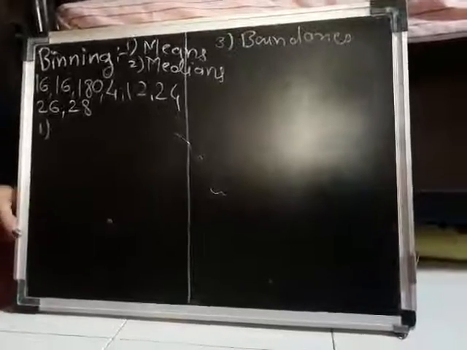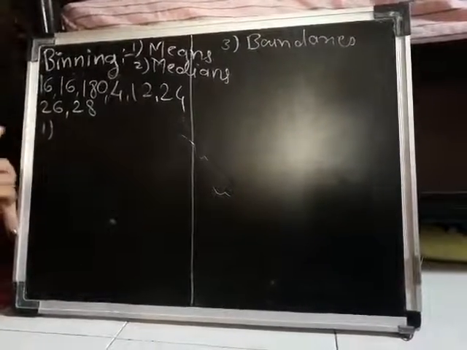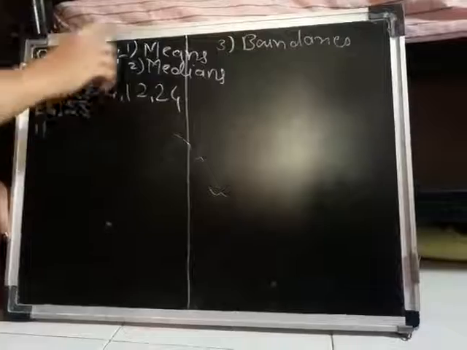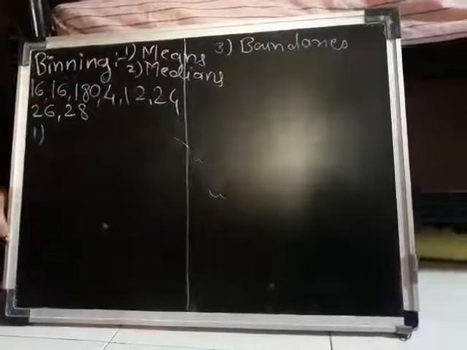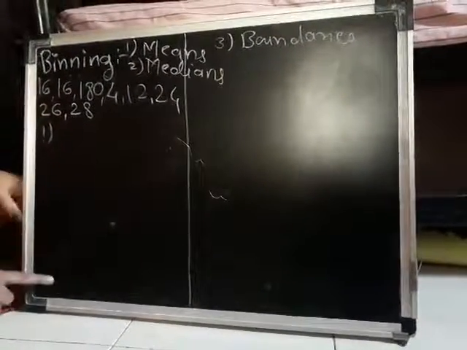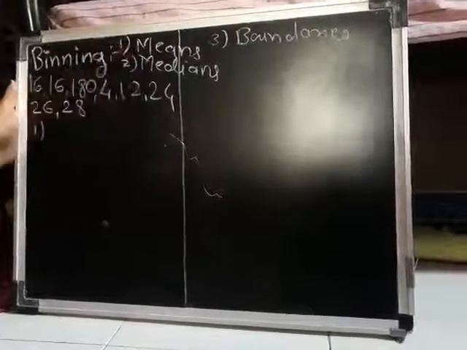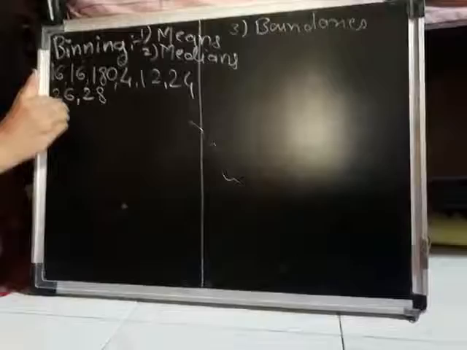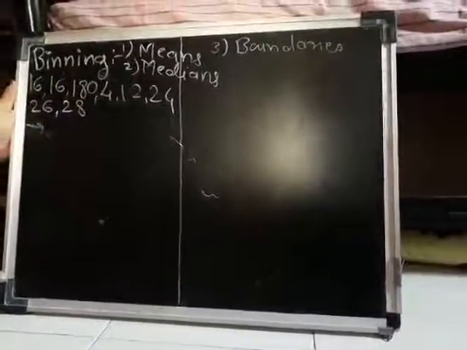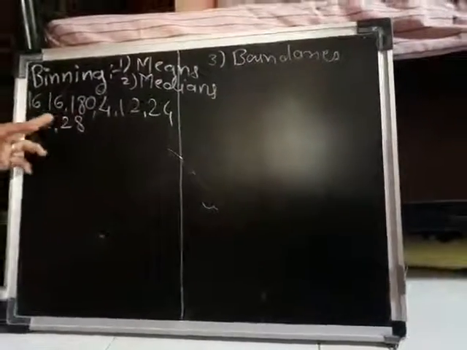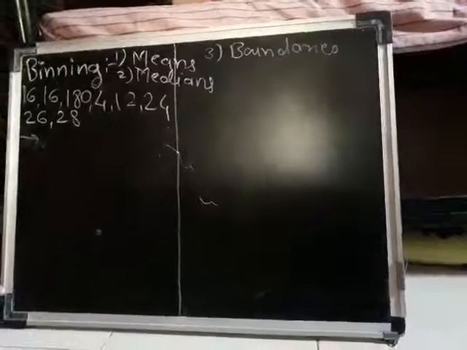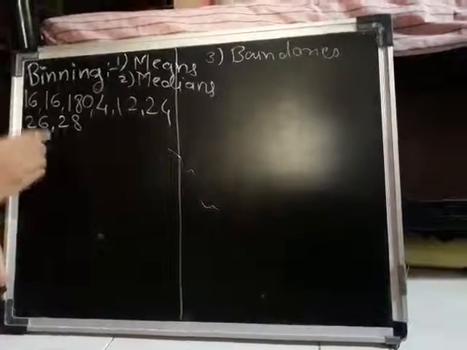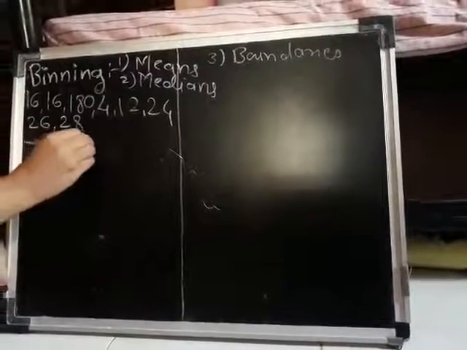So what is binning? Binning is smoothing a noise, or smoothing the attribute, by using means, medians and boundaries. So for 6 marks, for each method 2 marks are there. So first of all, see here, the data is not in order, right? So first of all we need to sort the data, right? So after sorting, what will be the output?